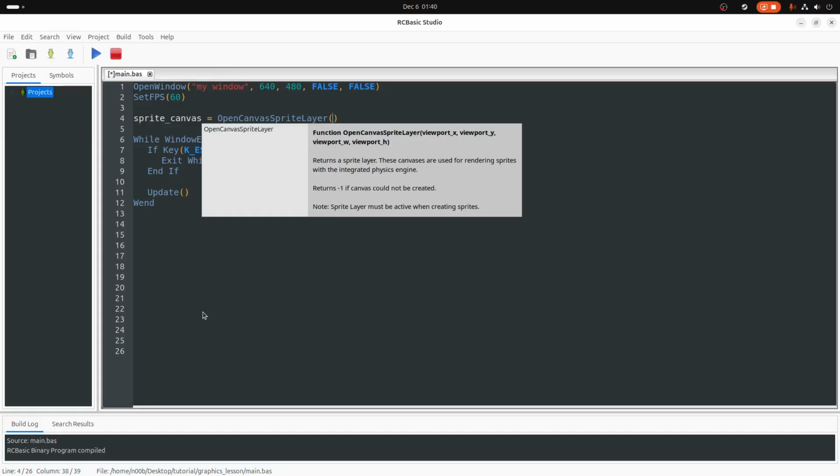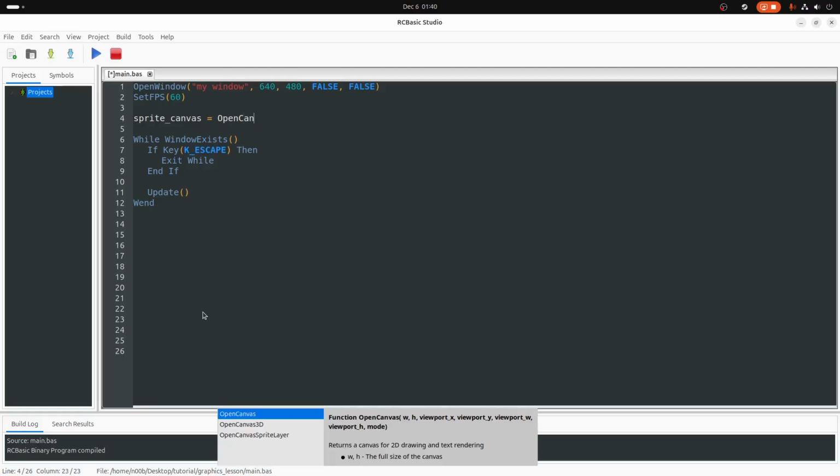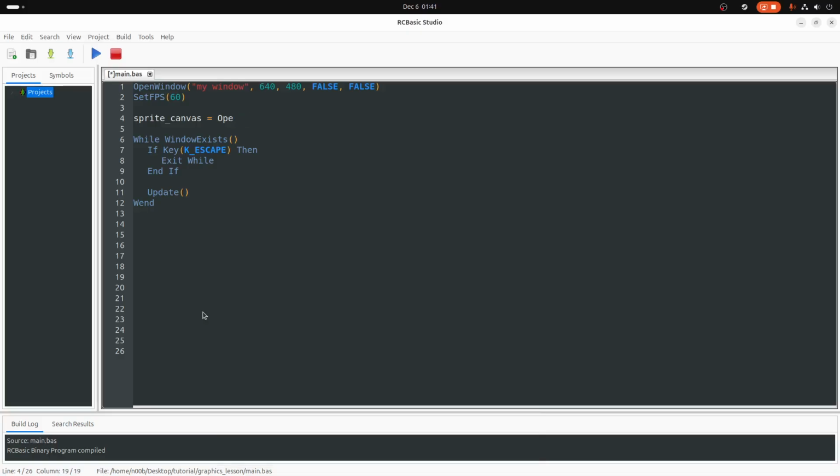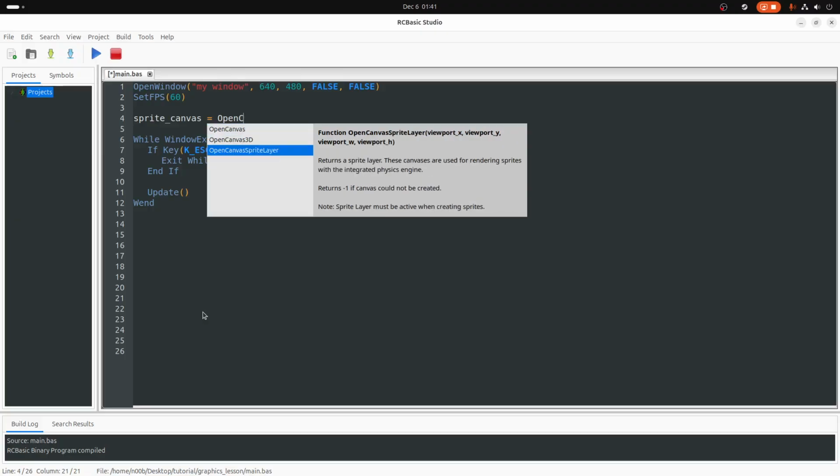I know it's a long name, but the reason I chose that name for that function is so that when you type in open canvas, the autocomplete would show every type of canvas you can create. Because if I had to put open sprite canvas, then open canvas wouldn't show the other types of canvases you can open. So that was the reason for the naming thing. But the autocompletion was meant to be used, so open canvas sprite layer,